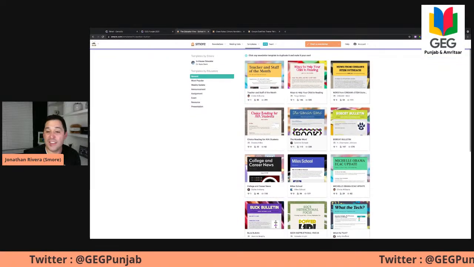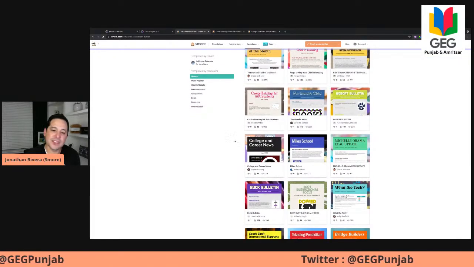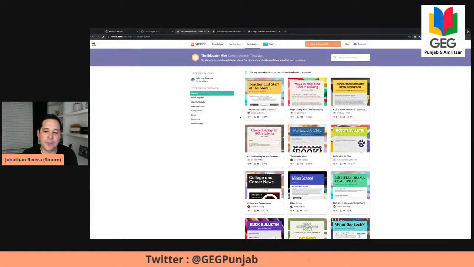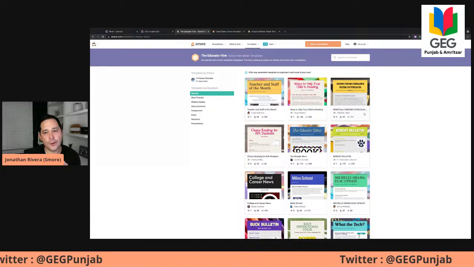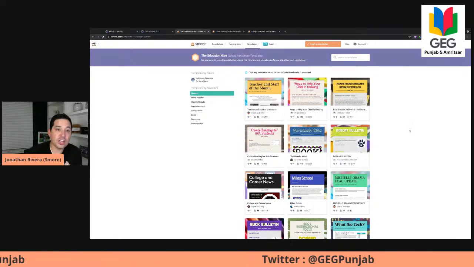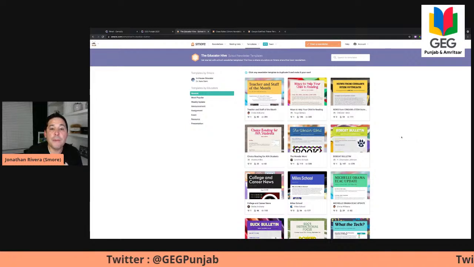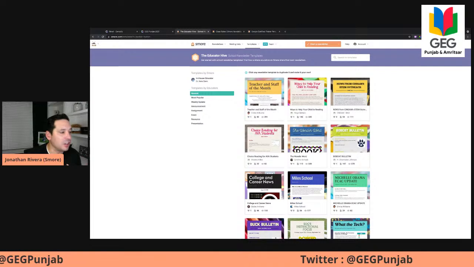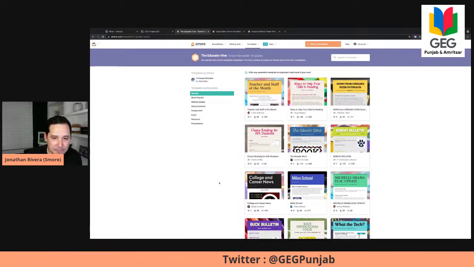And this can give you a lot of ideas on the type of newsletters you would want to create here, because there are so many different ways to use SMORE, as a traditional newsletter, but also just as a landing page. It's almost like a mini web page that you can spin up yourself that can house and contain a lot of different information. Okay, perfect.